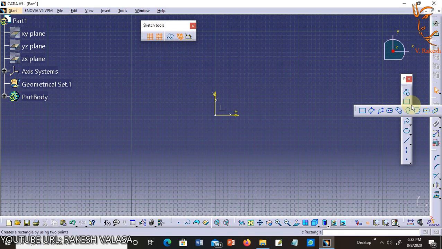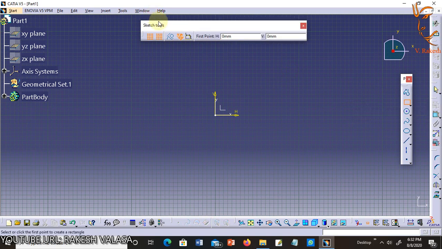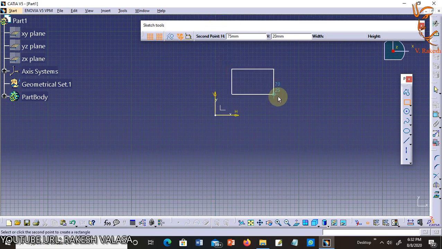When you invoke the rectangle tool, the sketch tools toolbar is expanded. You are prompted to click the first point to create a rectangle. Click in the geometry area to specify the first point or the first corner of the rectangle.